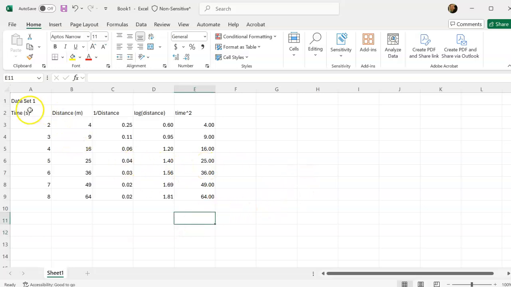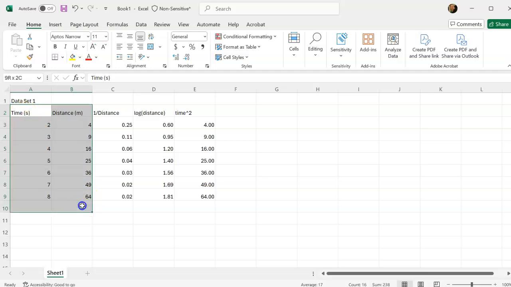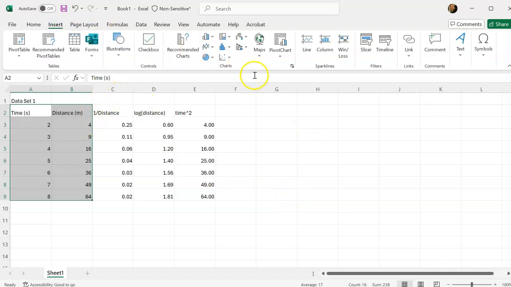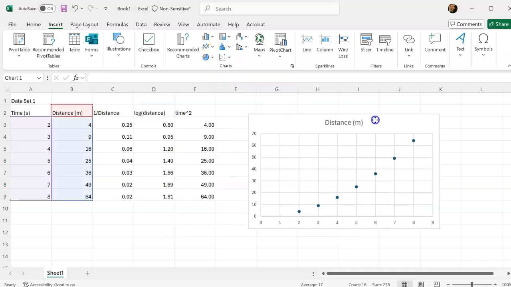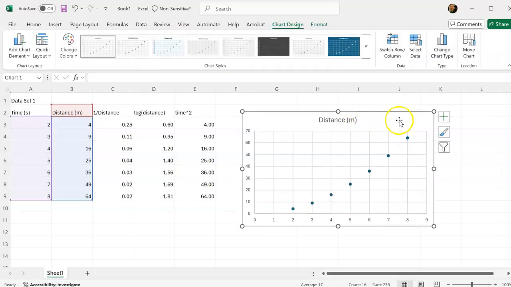Alright, our first graph up is supposed to be time versus distance, so I'm just going to select those. I can just use my left mouse click and get that selected, and then I will insert. I want an XY scatter, that's this one, and I just want the data points. We'll notice it's missing quite a few things. It does not have the axis labeled, it doesn't have a legend, and for us, most importantly, it doesn't have